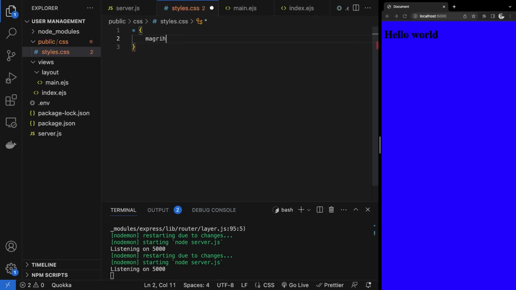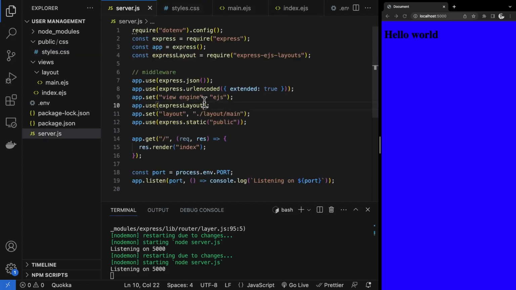Margin to be 0, padding to be 0, box sizing to be 0. Normally I'll use normalize, but I don't have time for that. Anyway, so that being done,